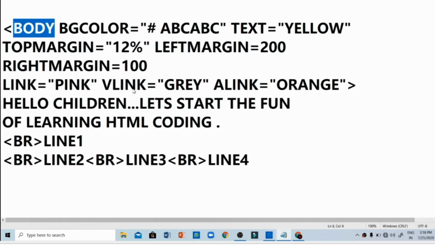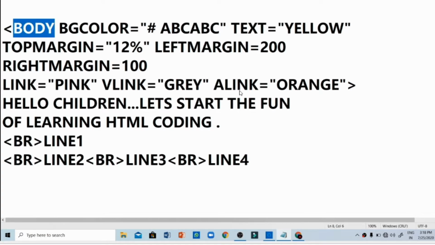To understand V-link, let us take the same example of the search bar. When you type any topic and press enter, related links will appear just below the search bar, correct? And those are by default blue. Out of those 7-8 suggested links, you click on any one, and when you come back to that same page, you will see that its color becomes green. So a visited link will be green by default, and then there is the active link.